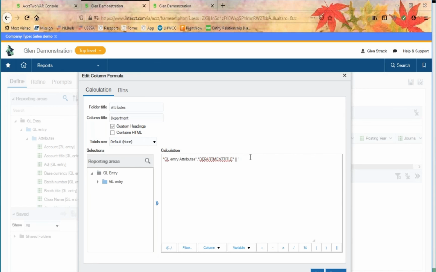Oops, actually I want a space. Open parentheses. Close. And then I'm going to concatenate that again. So we've opened the parentheses, do another concatenation. We're going to pull in our department ID, and then we're going to close that bracket with another concatenation,